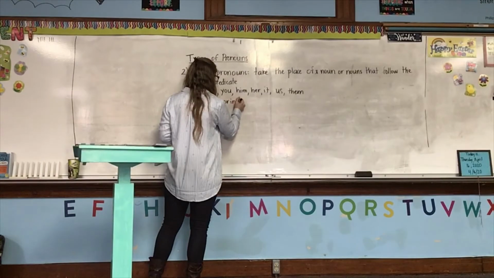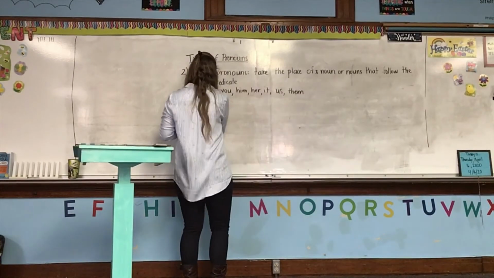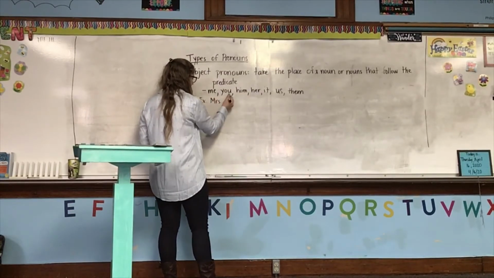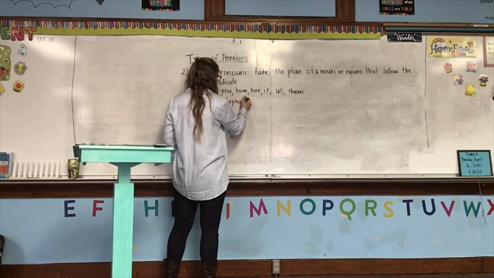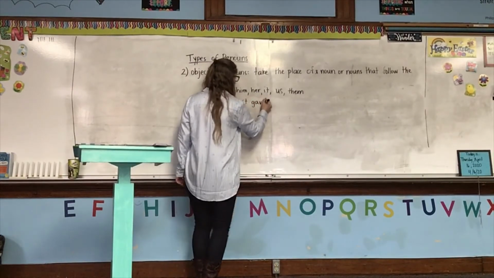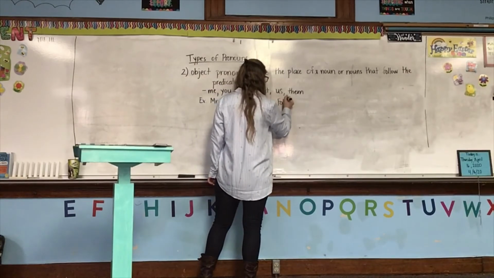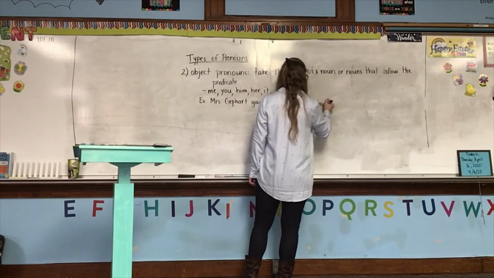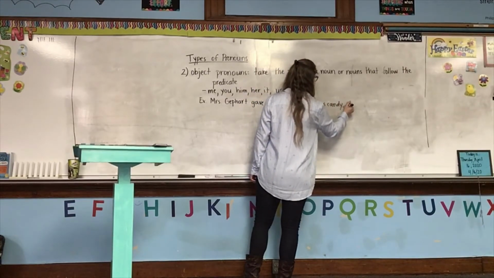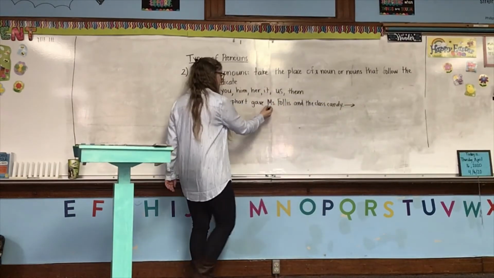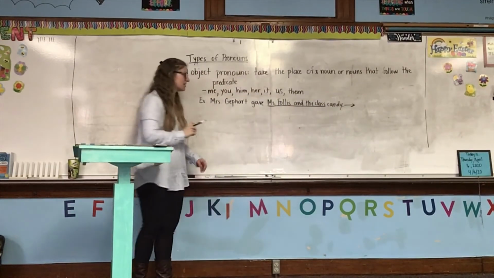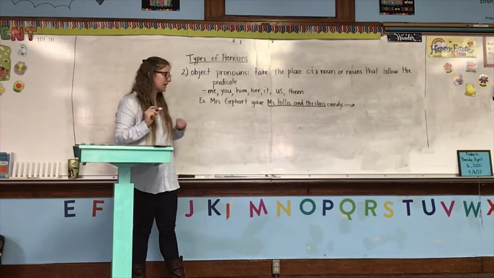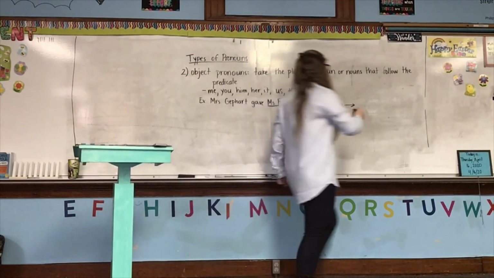The principal, let's use Mrs. Gephardt because it's shorter and she is a principal. So, for example, Mrs. Gephardt gave Miss Folis and the class candy. So we want to replace Miss Folis and the class because that's the object. That's who the action is being done to. Miss Folis and the class are being given the candy. So we would say, Mrs. Gephardt